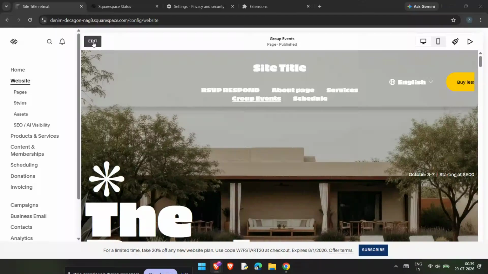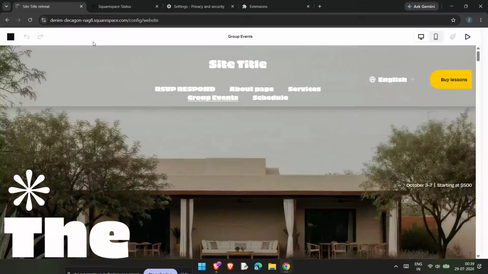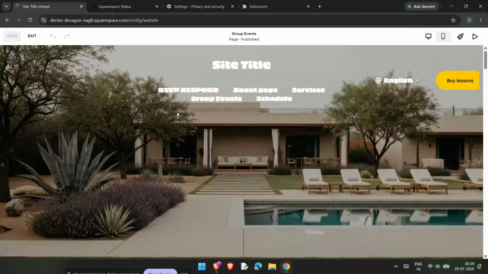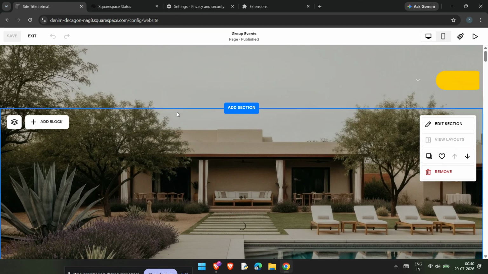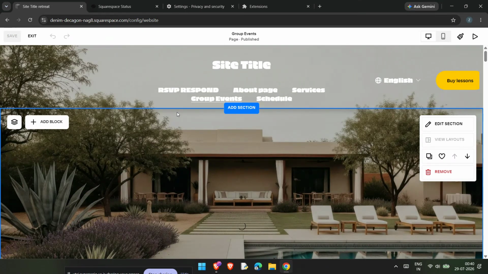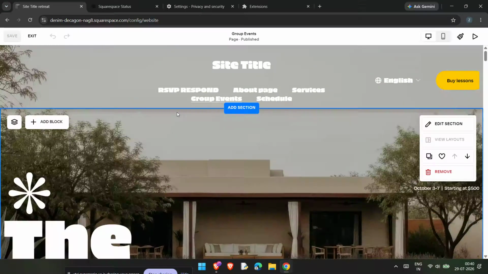If you're seeing a Squarespace form error or your form just isn't submitting properly, don't worry. In this video, I'm going to walk you through a simple fix step by step. This is especially useful if your form is connected to a third-party app, if the connection token has expired, or if Google reCAPTCHA is causing the issue. By the end of this tutorial, you'll know how to refresh the connection, update the form settings, and test the